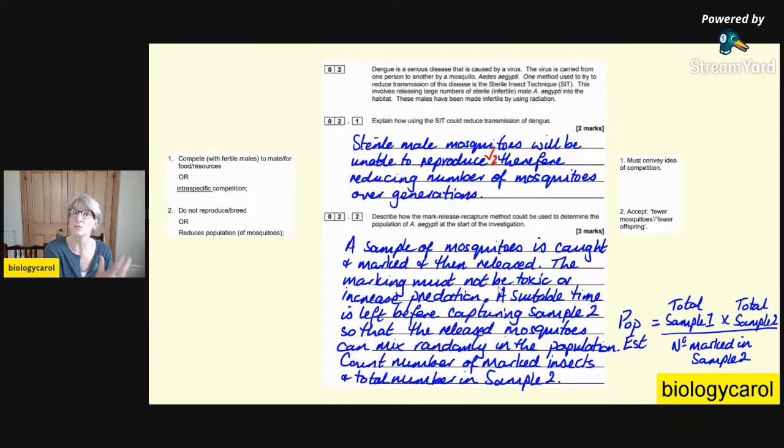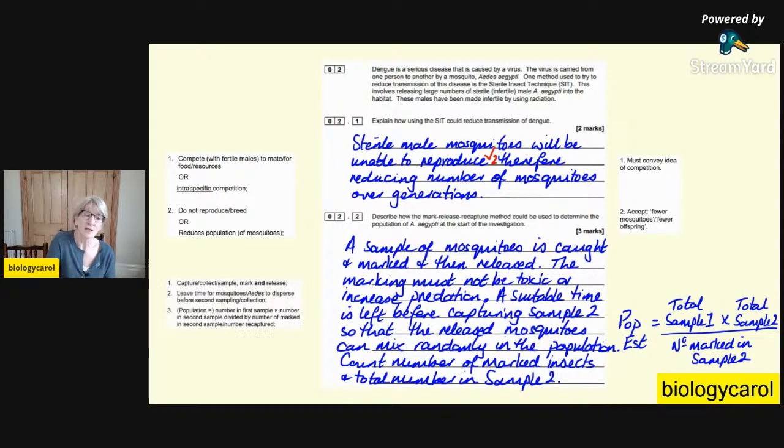It can't cause them any reason to die. Suitable time is left before capturing sample 2 so that the released mosquitoes can randomly mix in the population. Then you have to count the number in sample 2 and count the number that are marked in sample 2. And then you use this calculation. Population estimate equals the total of sample 1 times the total of sample 2 divided by the number marked in